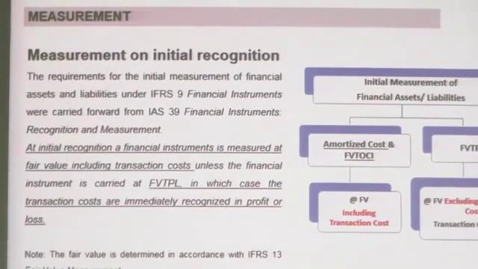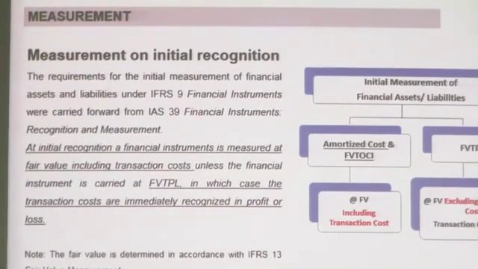Not highly realizable. Amortized cost and fair value through OCI. Both put them into one bucket and their transaction cost will be charged into their relevant account. If it is a financial asset, with the transaction cost, the asset will increase because the asset is also on the debit side, and transaction cost also goes to the debit side, therefore asset value will increase. If it is a financial liability, liability is on the credit side, but transaction cost goes to the debit side, therefore due to the transaction cost, liability will reduce.